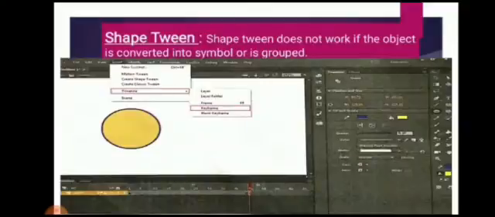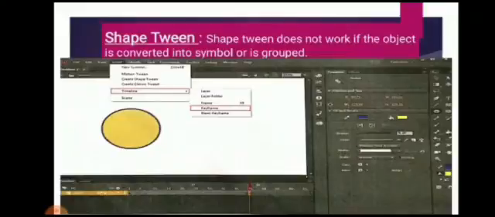Morphing means a special effect in animation that transforms one shape into another shape, okay, in between the transition. So suppose we have a circle and we want to make it appear to be changing into a star. Meaning from frame 1 it will show a circle, and up to frame 45 it will appear as a star. So how we will do this?